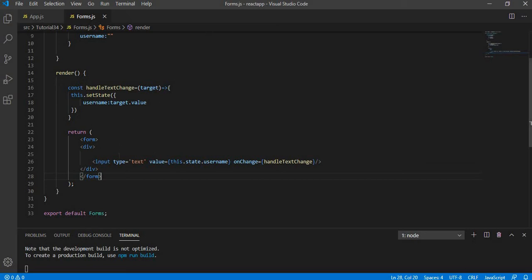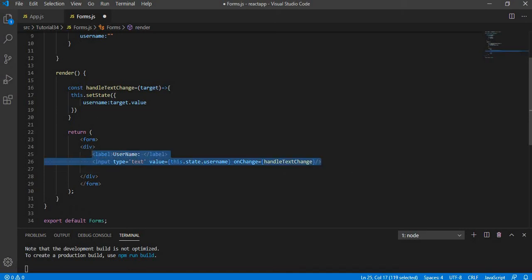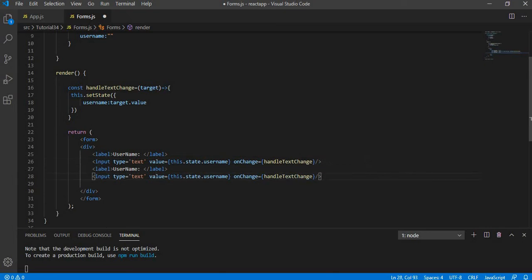So initially, in order to make the look and feel good, I'll create a label over here, and I'm going to name it as a username label. Over here I'm going to give it as username, and I'm also going to create a label for password, and the input type would be password as well.